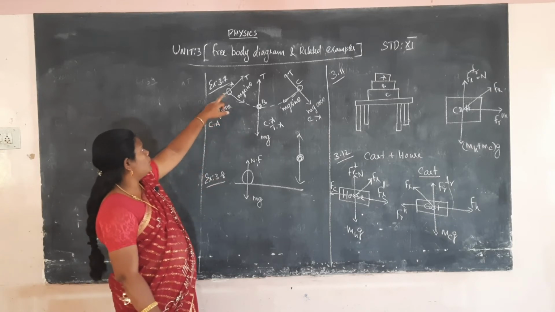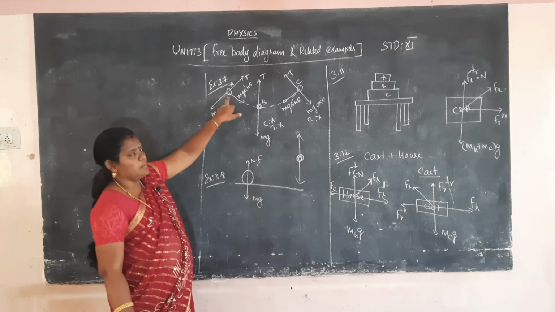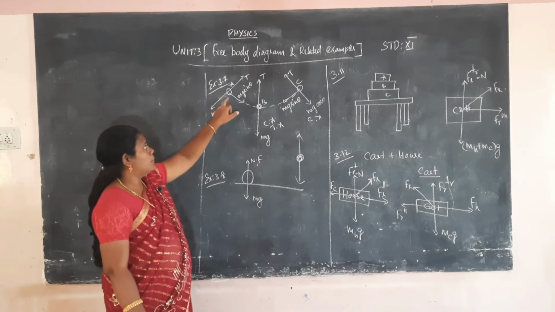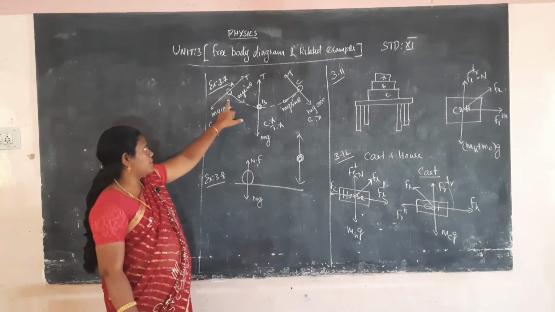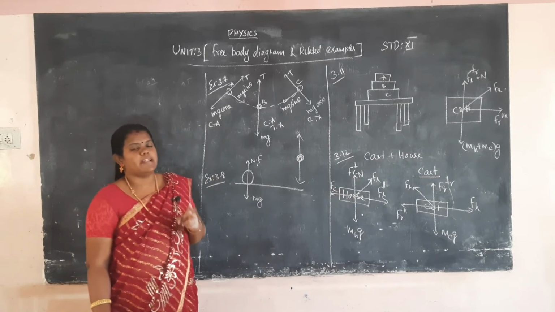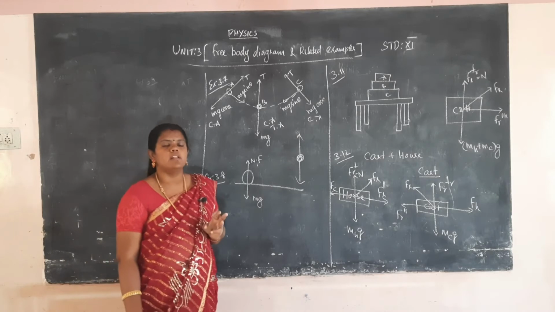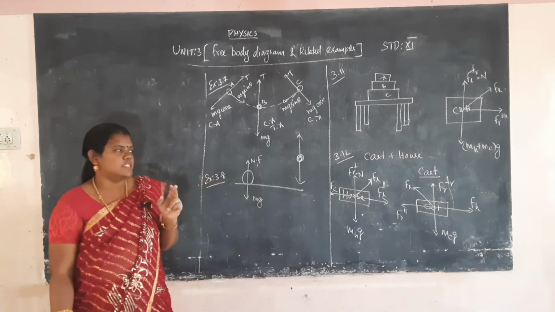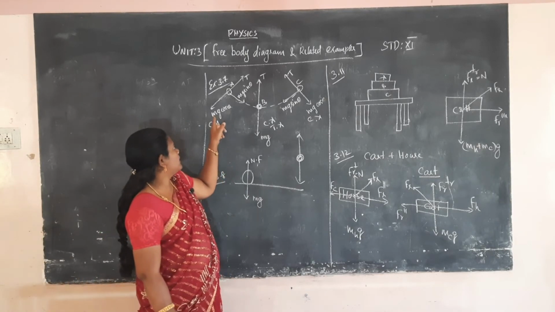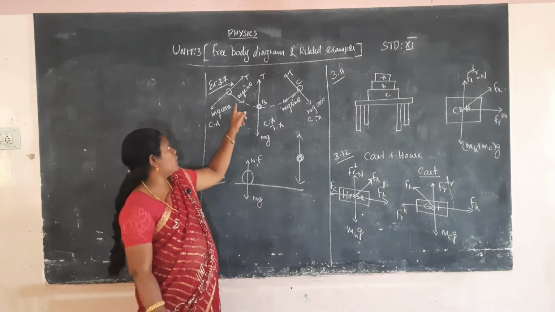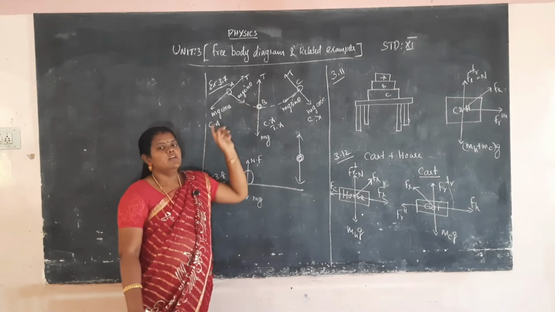The bob is moving, and at point A, if we take the bob at that point, two forces will be acting. That force will be resolved into two components. One is a parallel component and one is a perpendicular component. The parallel component will be called mg cos theta and the perpendicular component will be called mg sin theta, okay.